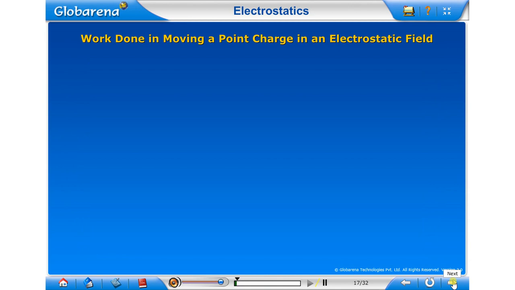Work done in moving a point charge in an electrostatic field. Consider